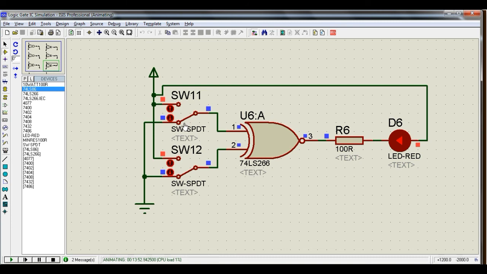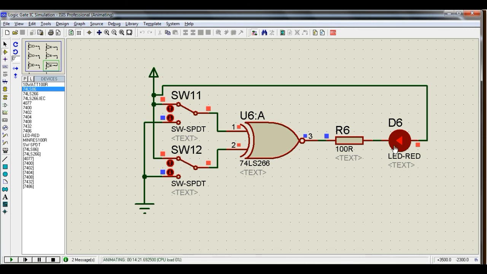Okay. Now for the 0 0 combination, XNOR outputs logic 1 because it is an even parity generator. For the 0 1 combination, XNOR gives you logic 0 because the number of ones is odd. Then for 1 0, XNOR produces logic 0. Okay, so the LED is in off state, and for the 1 1 combination, the LED has been turned on, so it is an even parity generator. Okay, the number of ones is even.